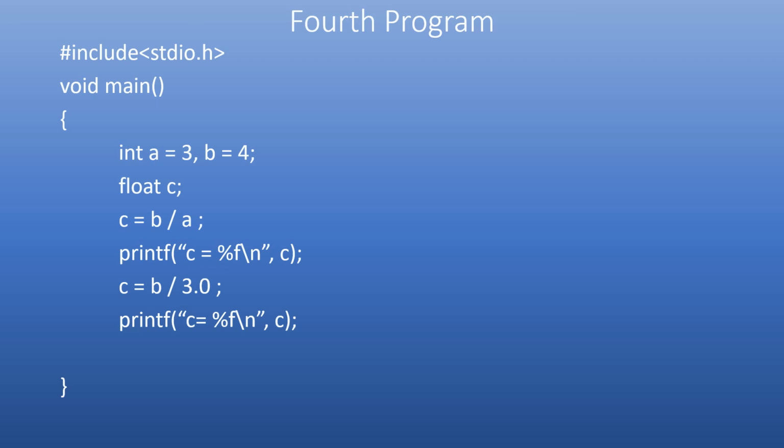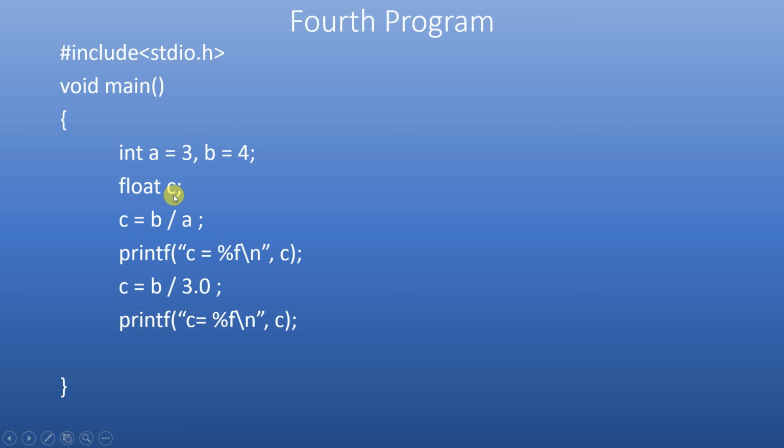So we declare the variables. We tell the compiler, these are the variables I'll be using in my program, and these are their names, these are the initial values, and these variables belong to this particular data type. So here a and b are integer data types and their initial values are 3 and 4.